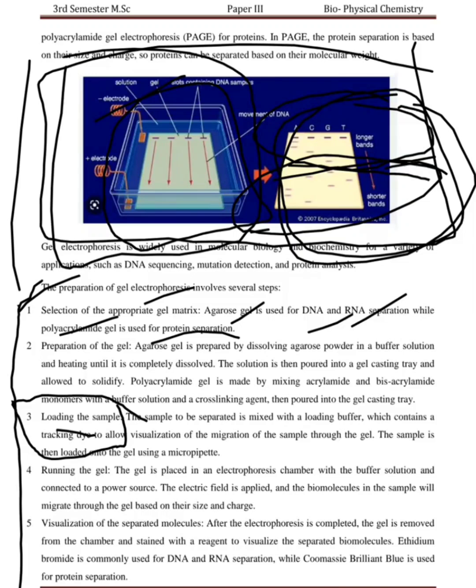So the migration from longer to shorter range, the shift, we can identify easily. So we are going to use the dye with the samples when injecting. Depending on the samples through the gel, the sample is then loaded onto the gel using a micropipette. Using the micropipette, we are going to